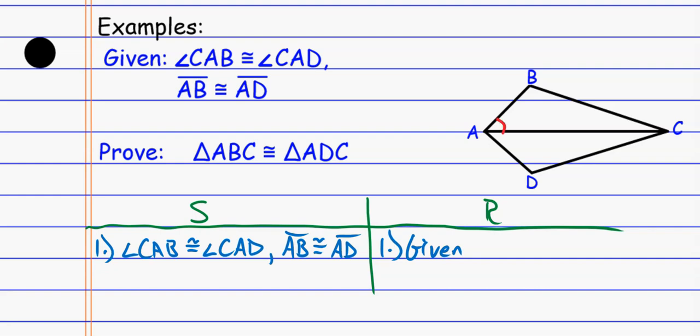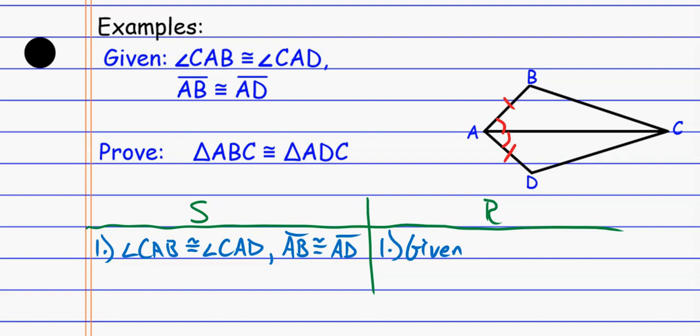So CAB is this one. And that's congruent to CAD, which is this one. And then also AB is congruent to AD. And so what I have here, if we think about the 2 that I've looked at so far, the side, side, side, and the side, angle, side, well, it's really going to be tough to show all 3 sides are congruent at this point because I only have one side and one angle at this point. So having the angle should tip me off in terms of going towards the direction of something like side, angle,